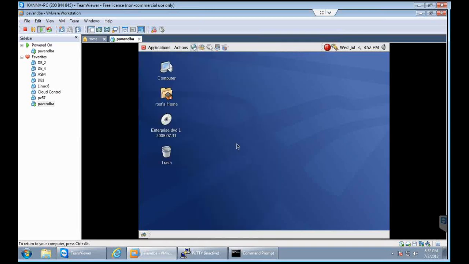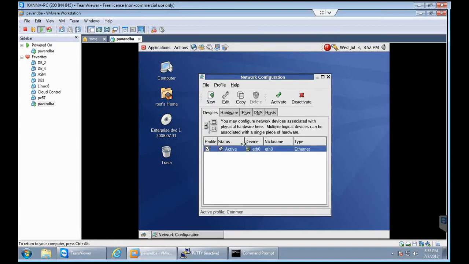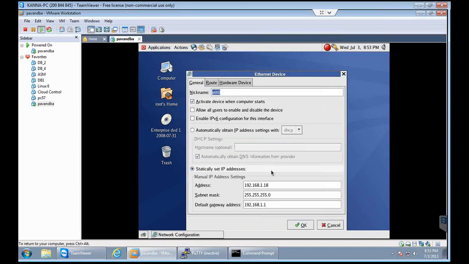Just click on this. Here you can see the status of your network is active, and if you want to edit it, you can click on this edit option. Everything seems to be fine.